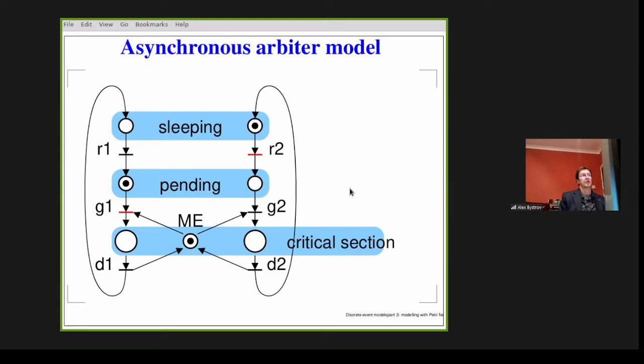Very difficult to verify. In order to verify such a model, you need to slow down one thread and observe the other one operating. Then slow down the second one, observe the first one operating. Then you will test. They call this part a critical section in between. The critical sections are where one party or the other party can access the resource, not both together, just one at a time. Otherwise known as request grant done arbiter.